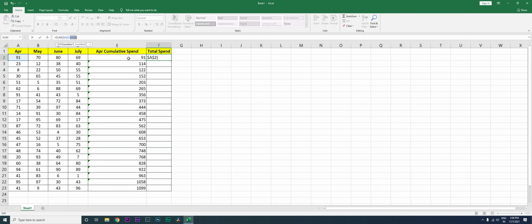I'm going to press F4. I'm going to press F4 again. Now my rows are frozen, right? A dollar before A is no more there. It's only the dollar before the row number 2, which means that my rows are frozen. However, my columns are not. I'm going to press enter over here, and let me drag this over here. Now when I look at the total of this, it is 310. That's what my last number is showing as well.